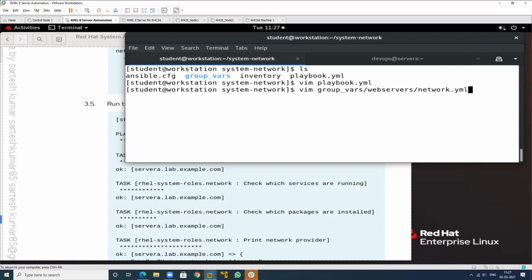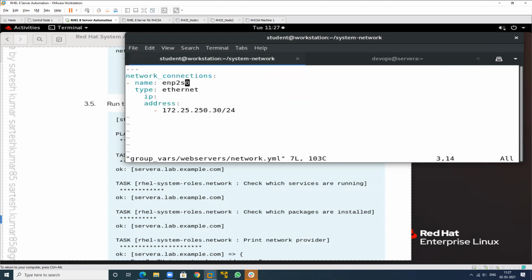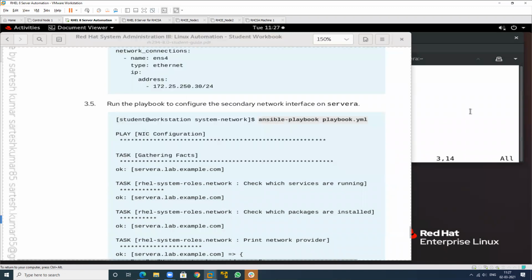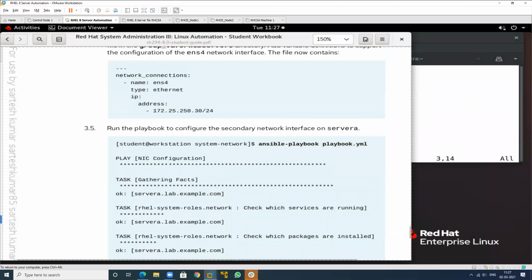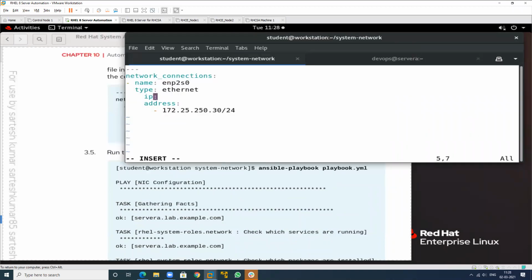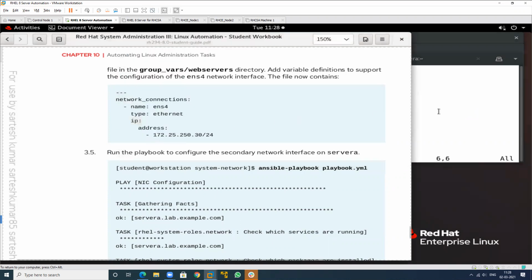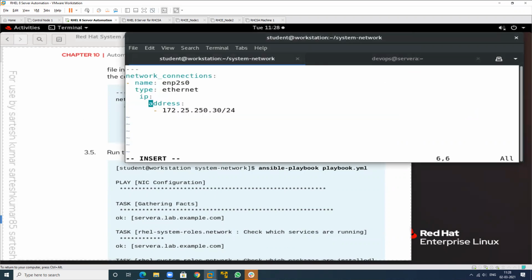The mistake is here. The IP value is from this, not, see, this is the IP. The value for the IP is this, and this is the address. The address starts in this, and the indentation does not match. Indentation still does not match.